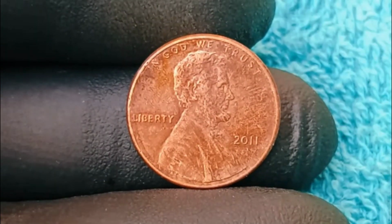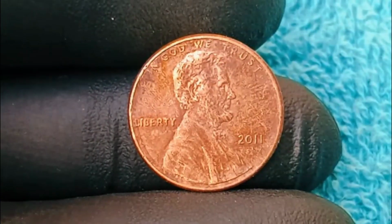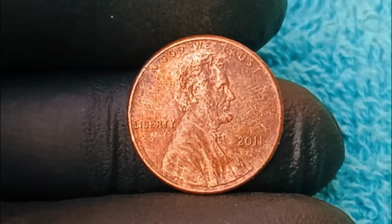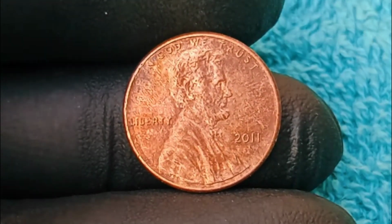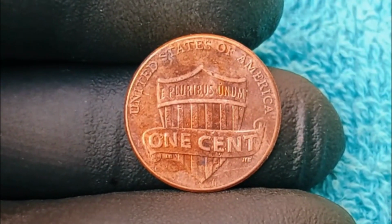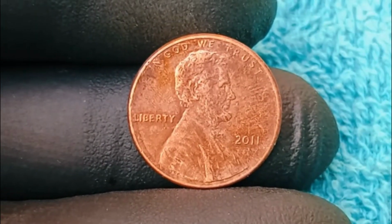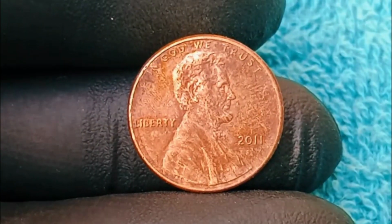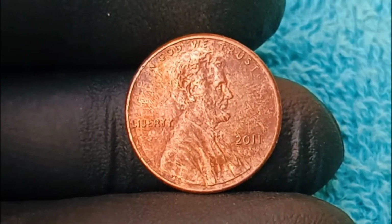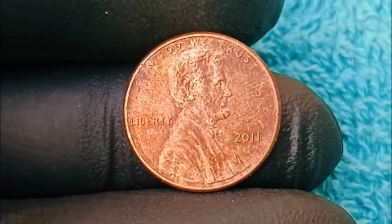striking of this particular 2011 cent, an error so unique and so complex that even seasoned experts at grading services like PCGS and NGC were left scratching their heads trying to categorize it, because this coin doesn't just have one error, it combines several, including an off-metal strike, a double die obverse, die cracks, lamination peeling, and even a dramatic off-center alignment that gives it a surreal and one-of-a-kind appearance, and that combination of features is what sent its estimated value soaring to $30 million, not because of hype, but because it's an unprecedented marvel of minting imperfection that's virtually